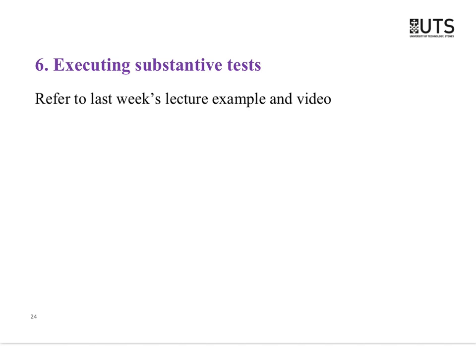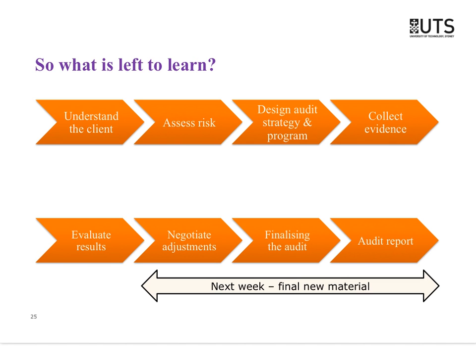All right, substantive testing we've done. So we have done all of this. ASA 315, understand the client and assess risk. Design my audit strategy and audit program to be able to collect evidence for ASA 500. We've evaluated the results and the misstatements, which comes out of ASA 540. All that is left for next week,